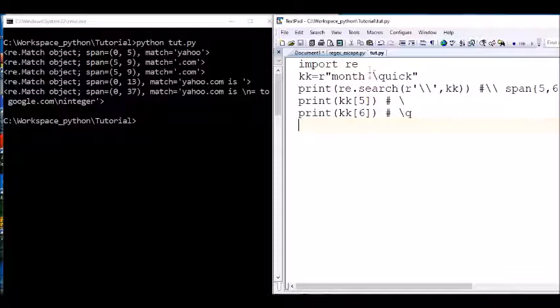Then this is no longer like a backslash followed by a character that has a meaning. Now with r, it is a backslash by itself, without another character. So then when you use search, you have to escape it, because we are looking for the backslash. Now when we execute that,